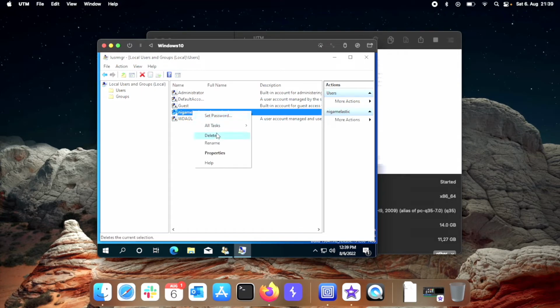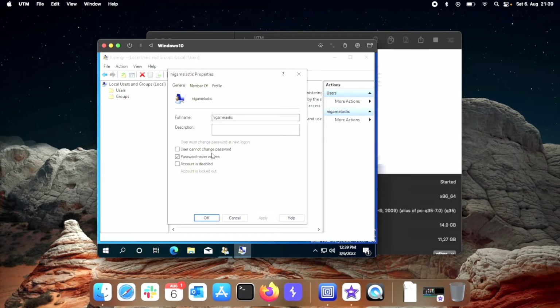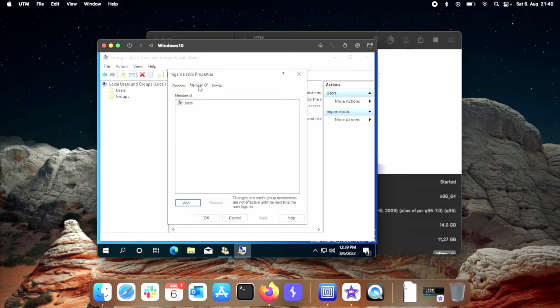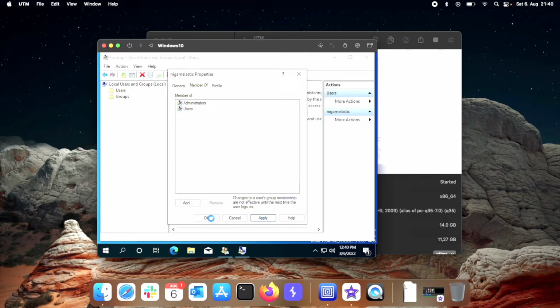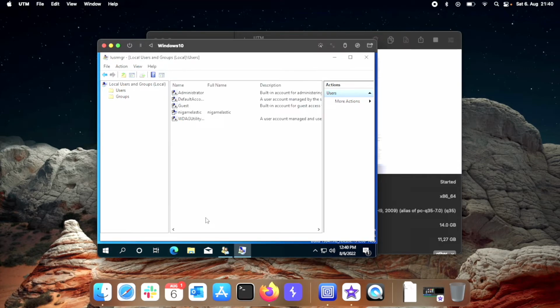I will right click it, go to properties, go to member of, and type add. Here I will choose administrators and click on check names. And now it's added to the administrator groups. I'll click OK, apply, OK. Great. So now we have skipped the OOBE setup and created a new user so that we could directly log in. I will close this